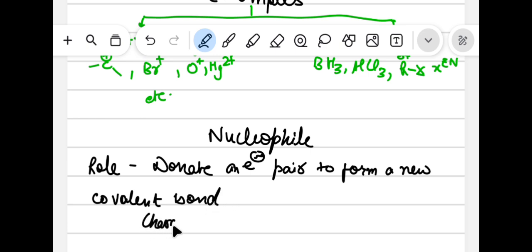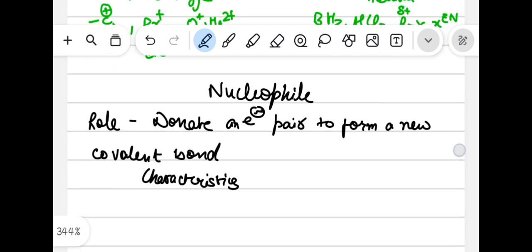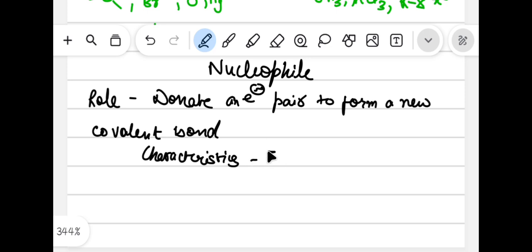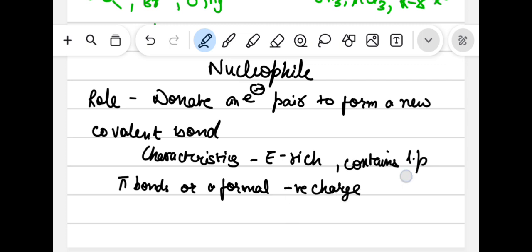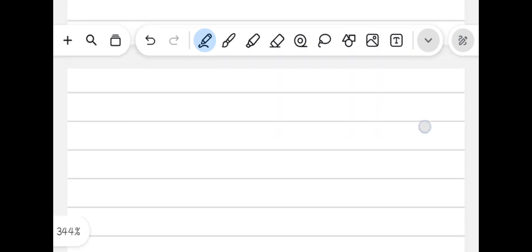Characteristics: these are electron rich, containing a lone pair, pi bonds, or a formal negative charge. Now, coming to examples,